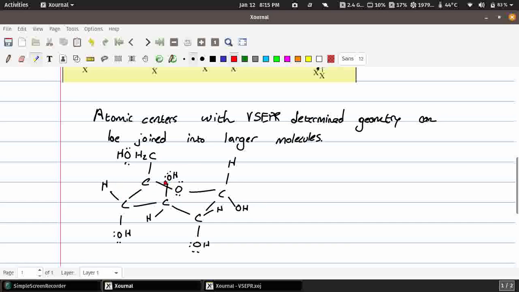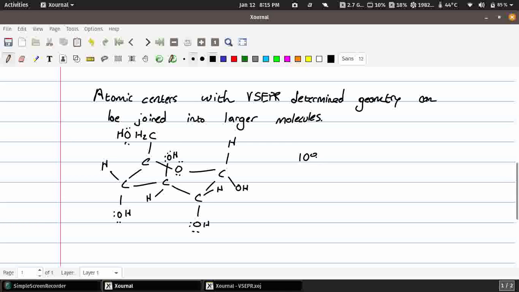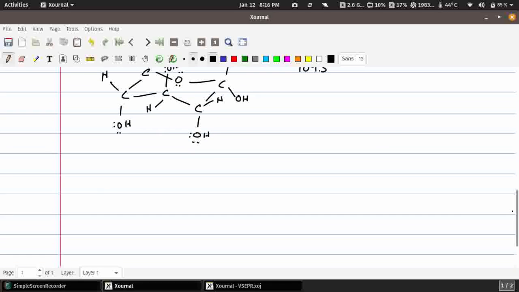It's always going to be a tetrahedral shape for a carbon with 4 single bonds. And no matter how many links it has, the geometry is always going to be determined by VSEPR due to the repulsion of the electrons in each individual atom. I know this isn't the best drawing, but it's going to have about a 109.5 degrees angle difference. Now, there are 6 steps,